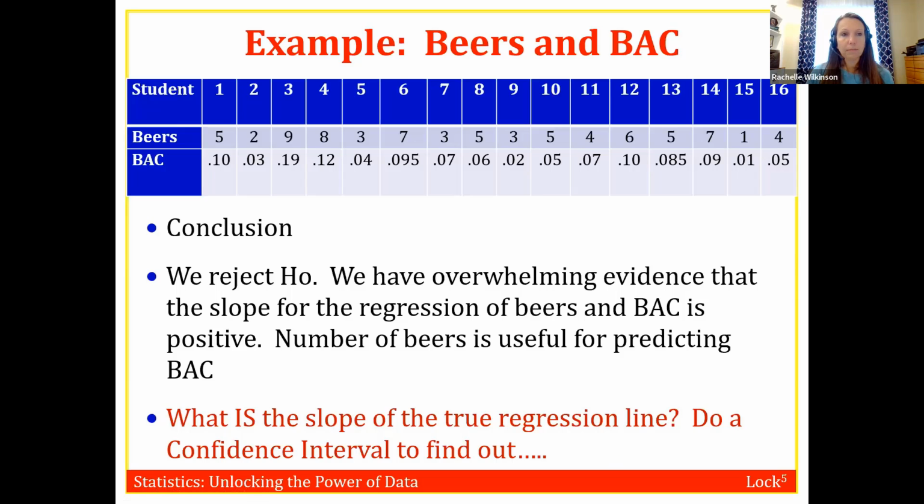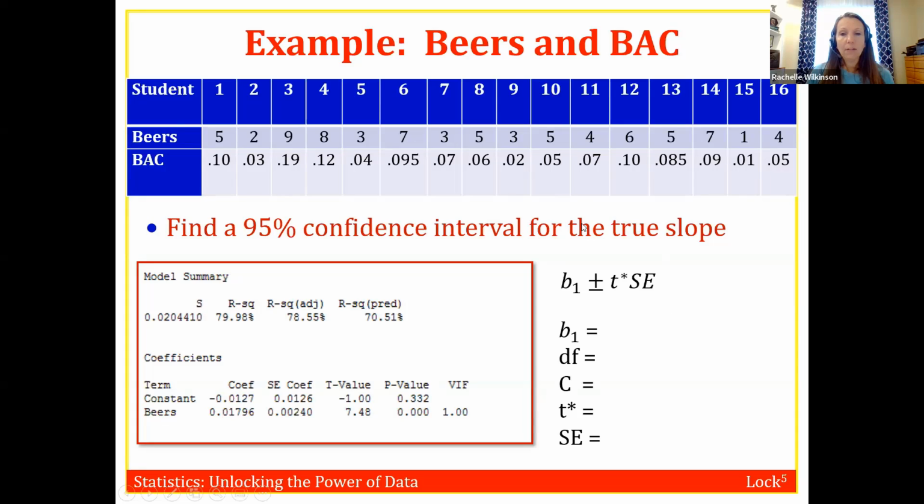So recall that our confidence interval formula looks like this. We have B1 plus and minus T star times the standard error. Here's a list of all the things that we need to figure out before we can start plugging things into that. For the B1, all this information would come from the second line of our table. You can ignore the first line. And the B1 is that first number. These are the same B1 and SE that we just used in our hypothesis test. So I get